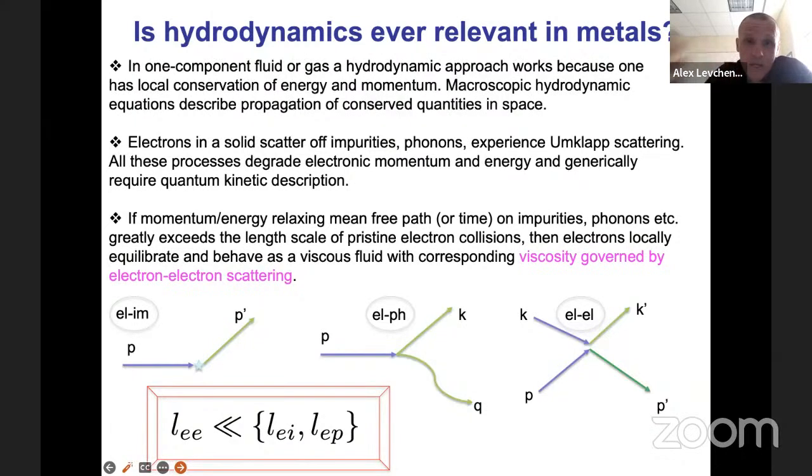We are looking at the much more macroscopic scales. And so as long as we can ensure that electronic equilibration occurs at time scales and length scales that are small enough compared to other scales at which electrons lose their momentum and energy, then these generic hydrodynamic descriptions could be applicable. And the power of hydrodynamics is that it naturally describes most fluids, regardless of the strength of interaction and some other details, but it requires as input just a small set of variables, and these variables would be thermodynamic quantities that describe the state of the fluid,